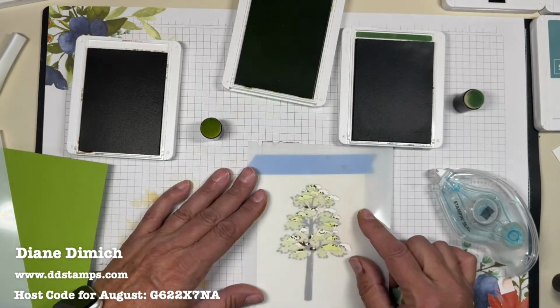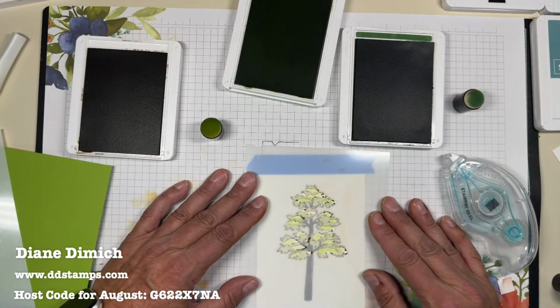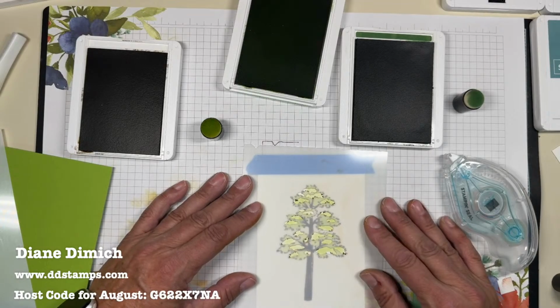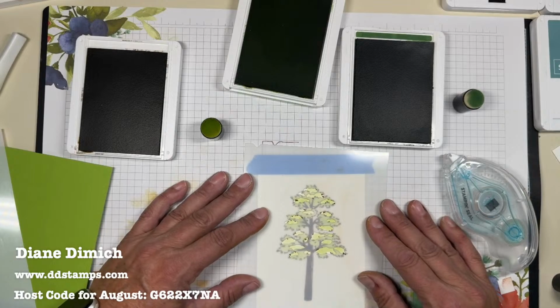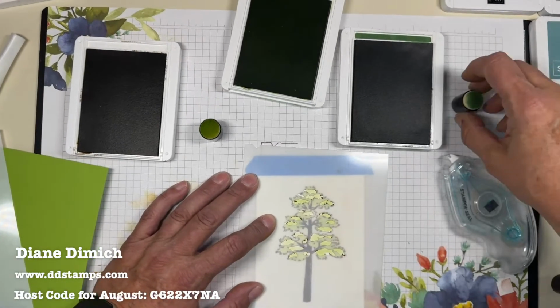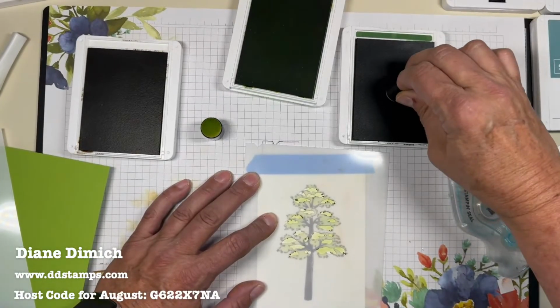That's definitely going to need more Granny Green. Then I'm going to bring in my next mask. There we go. When you play with these a lot, you will figure out how to lay them down without having to measure and do it every time. See, this dark green is really green. All right, so,